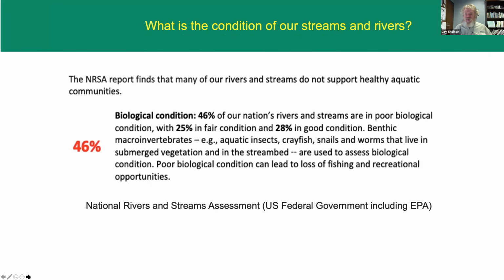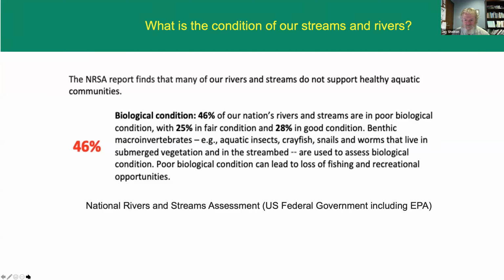And with those designations in mind, a fairly recent report on the condition of our aquatic resources, in particular this assessment focused on streams and rivers, found that many of our streams and rivers are impaired in one way or another. Here you see it says 46% of the nation's rivers and streams are in poor biological condition, 25% in fair, 28% in good condition. So what does that mean?